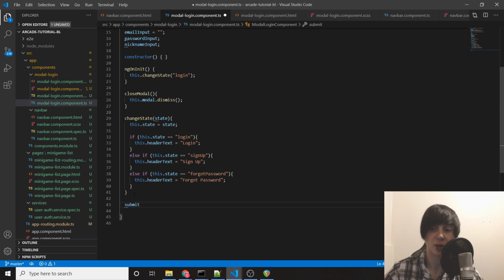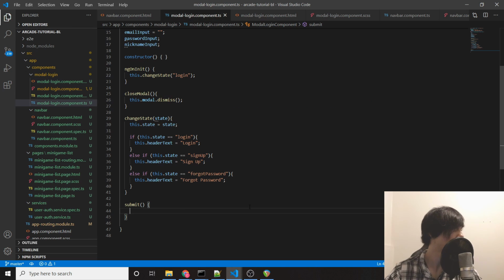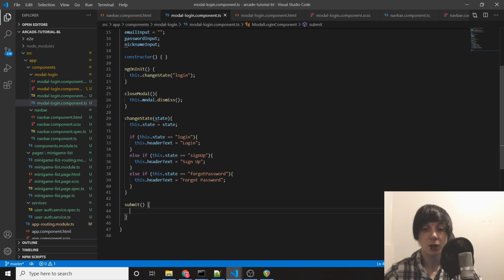Now we're going to have a function called submit. And then our ion button click is going to equal submit. Okay. So now we need to make sure that they've entered in valid information. So we're always going to be checking the email no matter what, whether it's sign up, login, or forgot password. So we don't need to specify the state here. We just need to check if